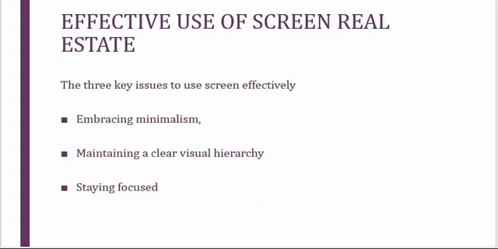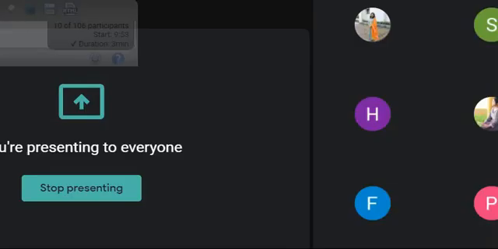Embracing minimalism means you have to go for minimalism. Don't try to put a lot of content. We are saying limit the features. Let it be small, such that it fits within the targeted device, within the area of your mobile device. You're not doing it for a big screen, you're doing it for a mobile screen. So let it be minimal content. That is what we mean by embracing minimalism.